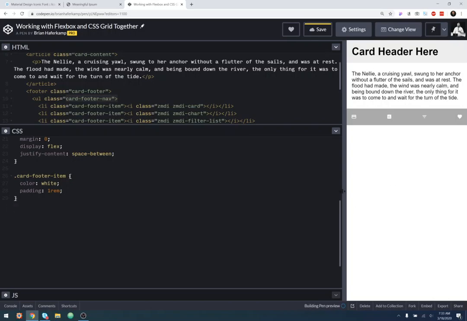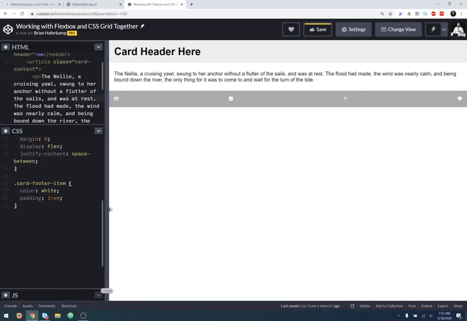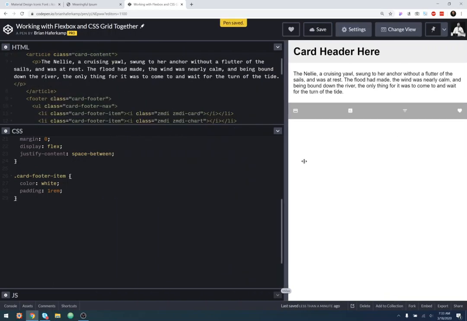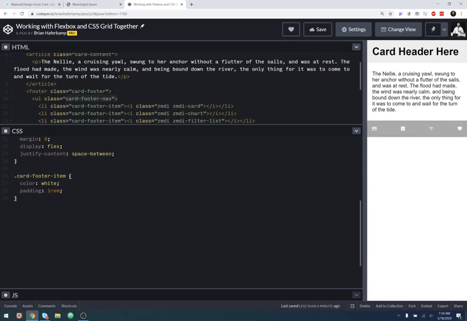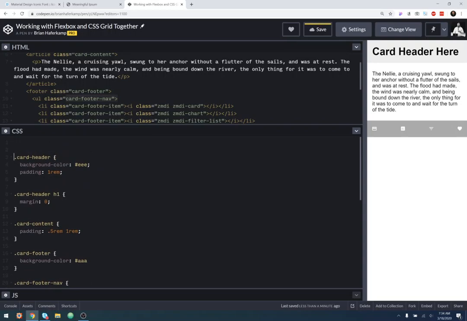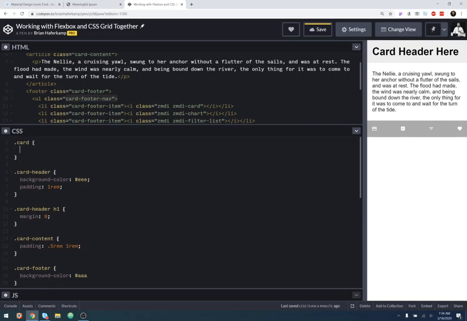All right, so now we have our card. It goes way too wide. So at some point we're going to have to allow our grid to come into play. So this is just going to be the basic card structure. Actually, let's do a little bit more to the card itself. Remember, we're kind of working outside in. So the card, we're going to give,